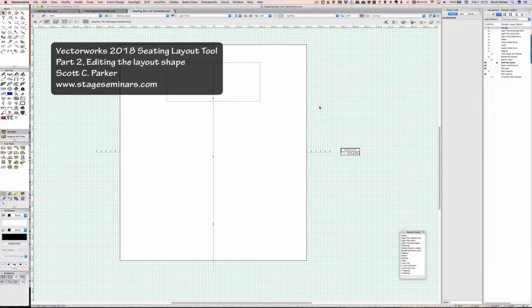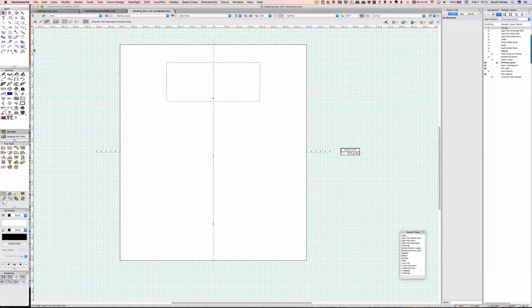Greetings. As promised, I'm going to cover some editing of seating section layouts. I'm going to start with the easiest, which is to create a seating section shape that you can easily edit along the way. So instead of just two rectangles of seating on either side of an aisle, I'm going to